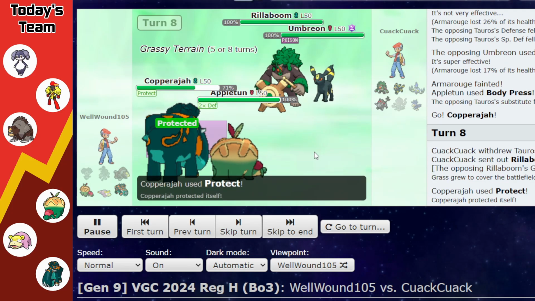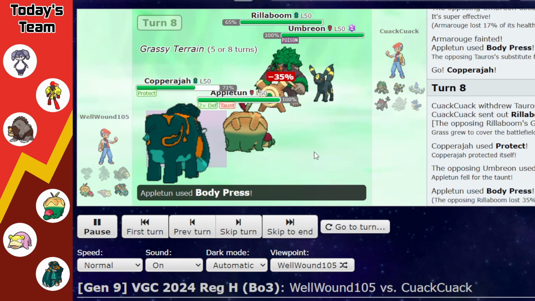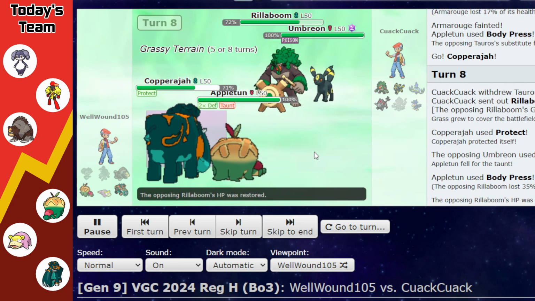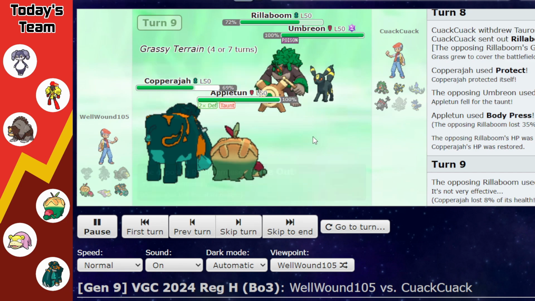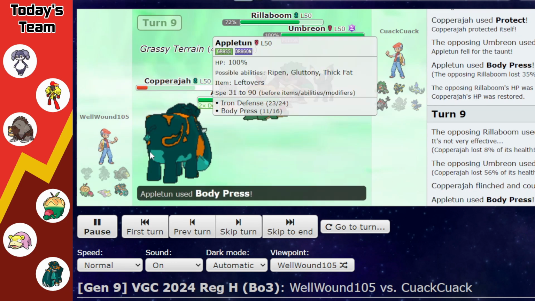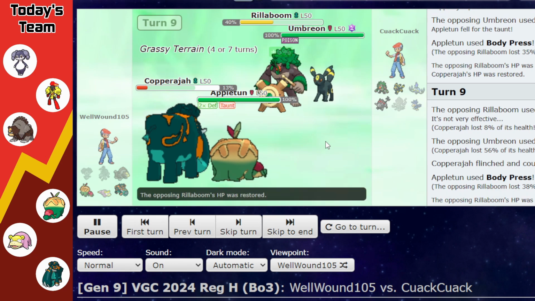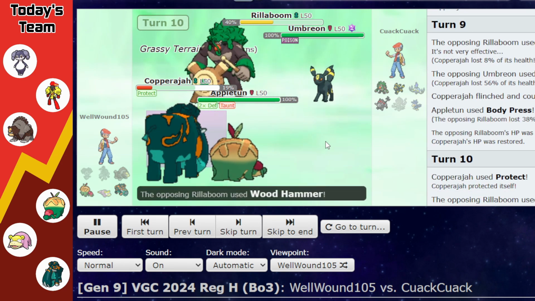And now Caparaja does get to protect, but Appletun is going to continue to be taunted, and just gets a little bit of chip into Rillaboom with the Body Press that we do have up, and they Fake Out Caparaja, because Caparaja is still a pretty good damage dealer at this point, and the Foul Play is going to do so much damage into Caparaja, as the Body Press continues to chip down Rillaboom for what it's worth, and they